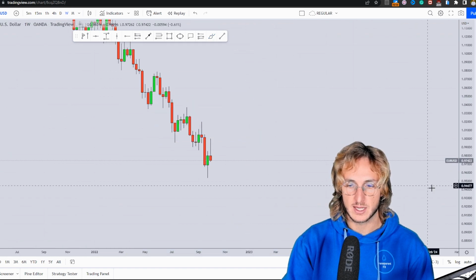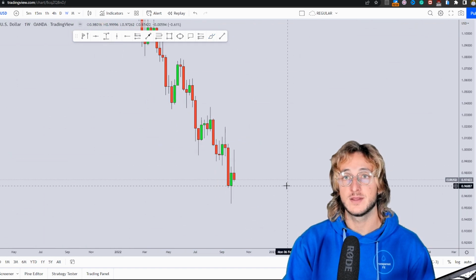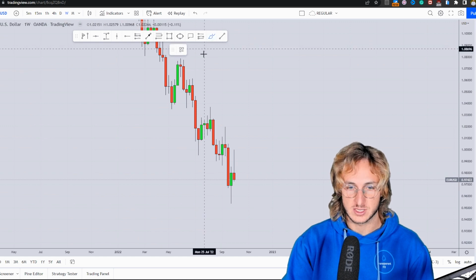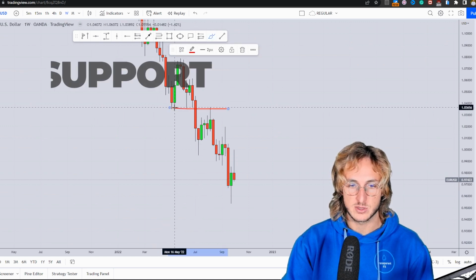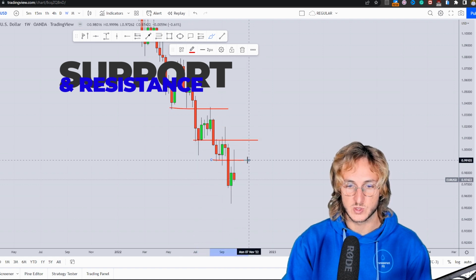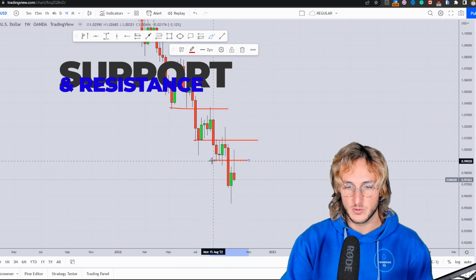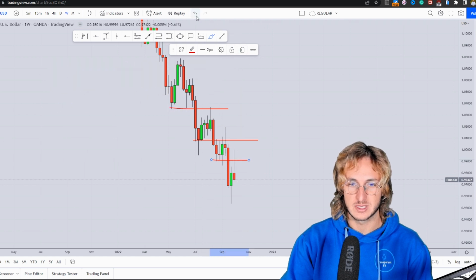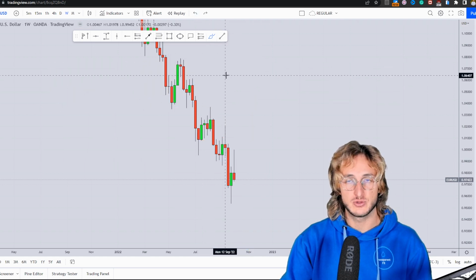Now, from a weekly perspective, the market has been creating and respecting structure quite precisely. We had here the retest of previous weekly support and resistance. Here again, retest of previous weekly support and resistance. And now, once again, we had the retest of previous weekly support and resistance, creating a textbook downtrend from a weekly perspective,